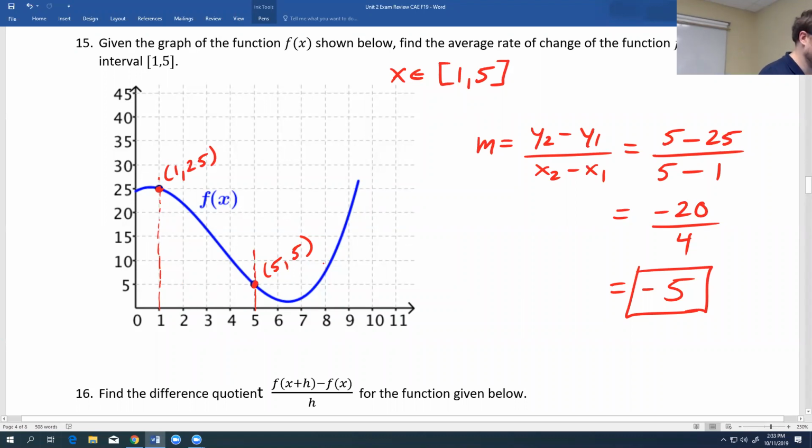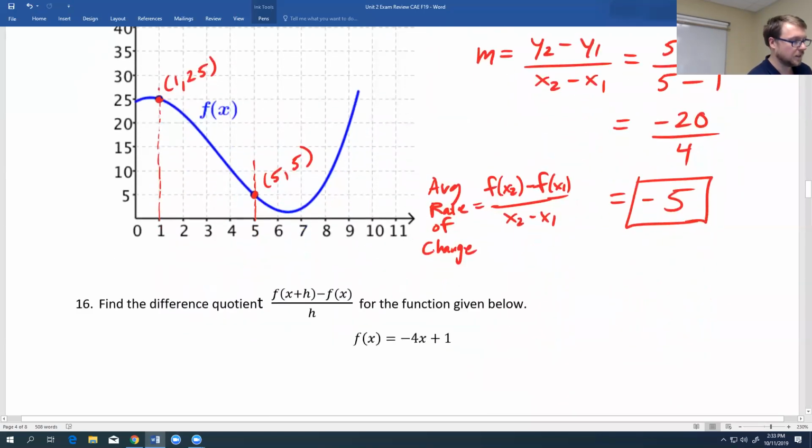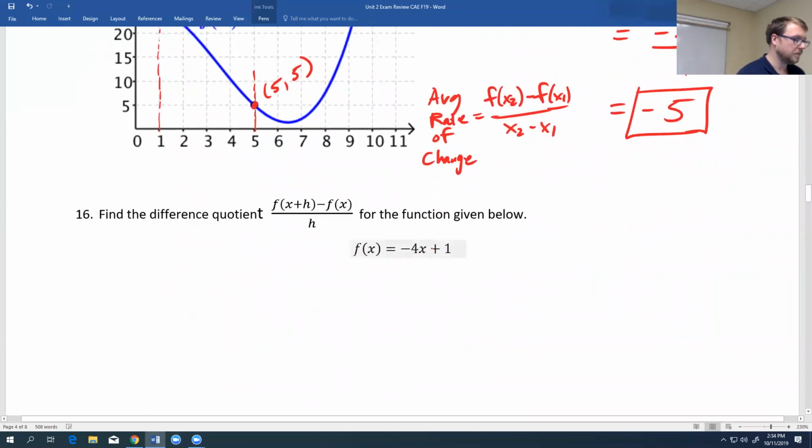Another way you might see that written is average rate of change is f of x2 minus f of x1 over x2 minus x1. I don't know, if your text or your professor gave you something like that. But you can see, again, that's just the slope formula. But yeah, all the stuff we talked about so far is a lot of topics that you'll hit in the first half of the semester in a calculus course,